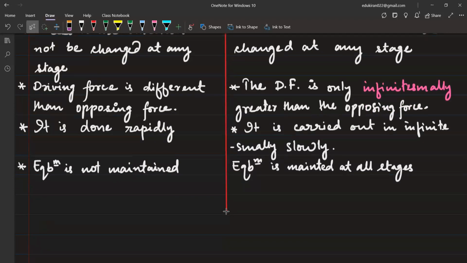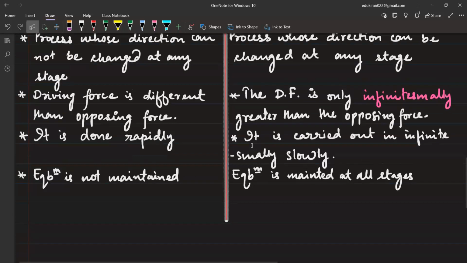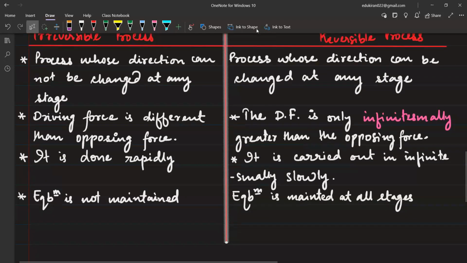ठीक है। अब लास्ट समझिए जरा, अगर हम बात करें until the end, the equilibrium will be the same in reversible. No. We are talking about different stages, okay? So I add 1 grain of salt. Before adding a grain of salt and after adding a grain of salt, the equilibrium is maintained. Then I added another grain of salt. Then also there will be no significant difference, right? So if you view one particular stage at a time, there will be no significant difference. Even at the end, you will not have any significant difference.